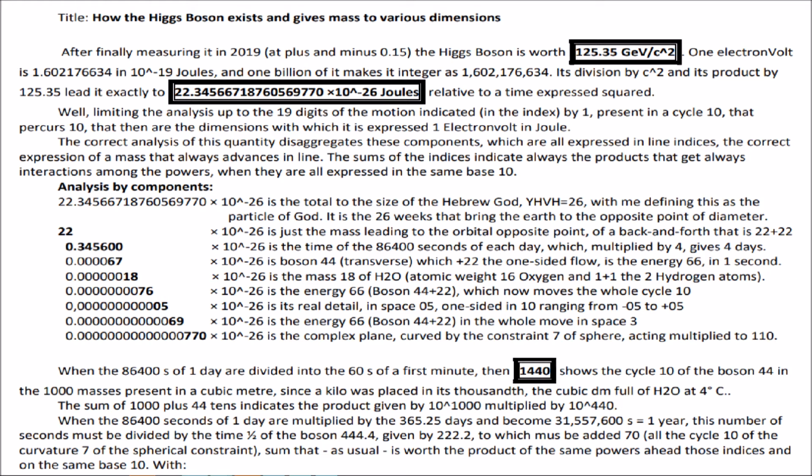The correct analysis of this quantity disaggregates these components, which are all expressed in line indices, the correct expression of a mass that always advances in line. The sums of the indices indicate always the products that get always interactions among the powers, when they are all expressed in the same base 10. Analysis by components: